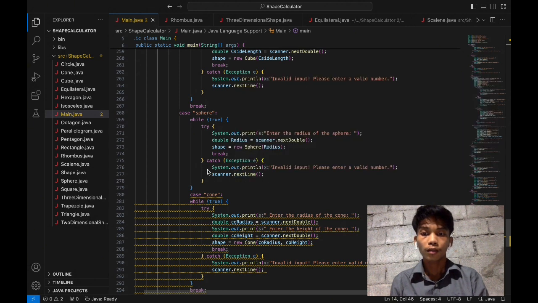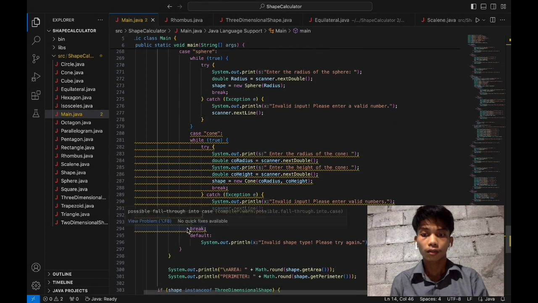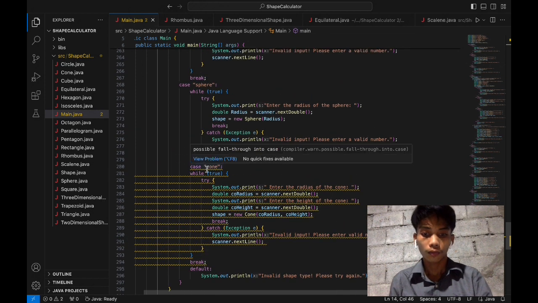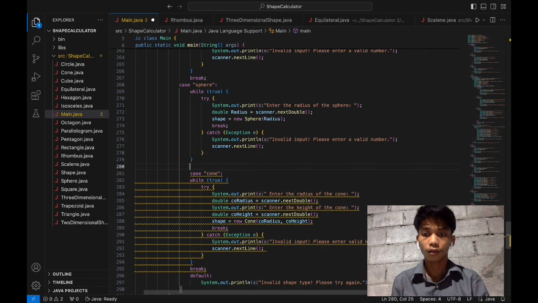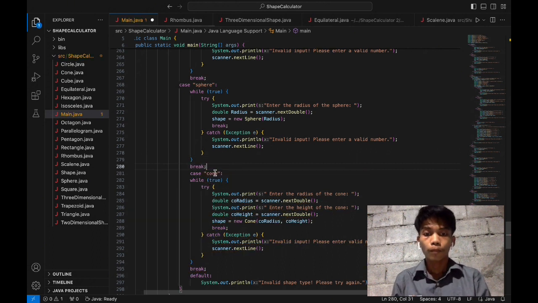Be sure to break out of the switch case structure once the cube has been processed.